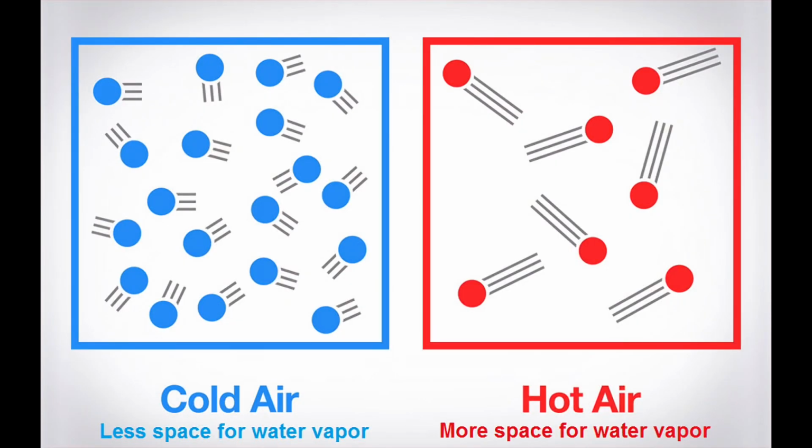These blue and red circles represent air molecules. On the left, we can see that the blue circles represent them in a cold air environment, whereas on the right, the red represents them in a warmer air environment. When gaseous molecules, such as those that comprise air, receive warmer temperatures, they receive more excitement. As we can see on the right, as compared to the left, this leaves more space for other molecules, such